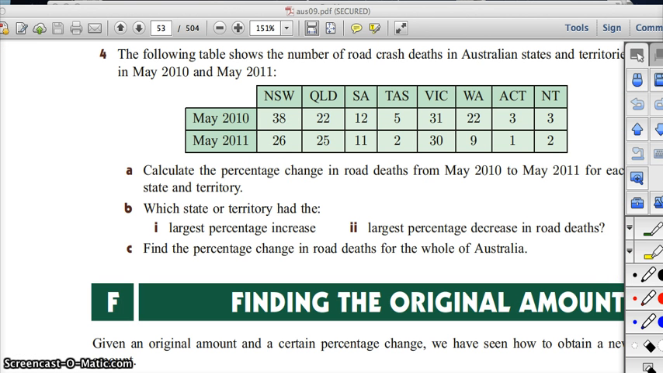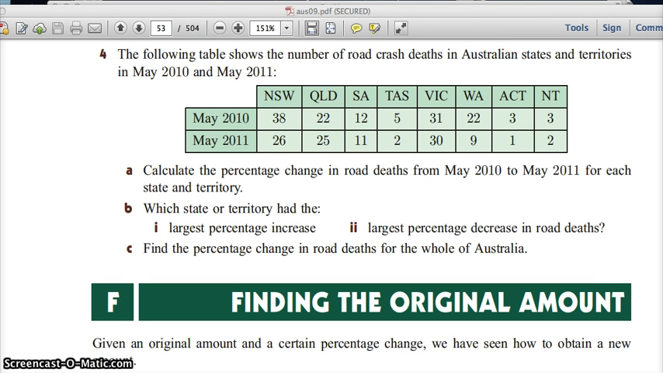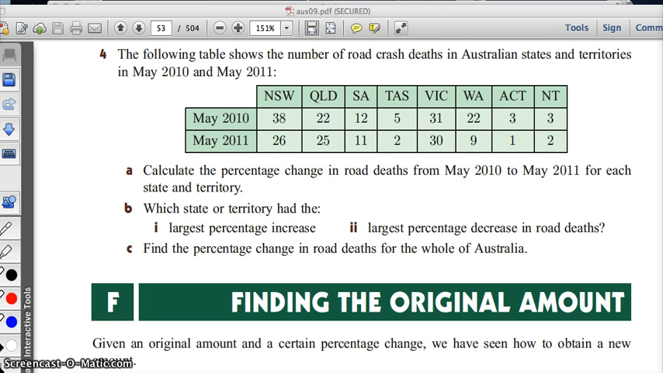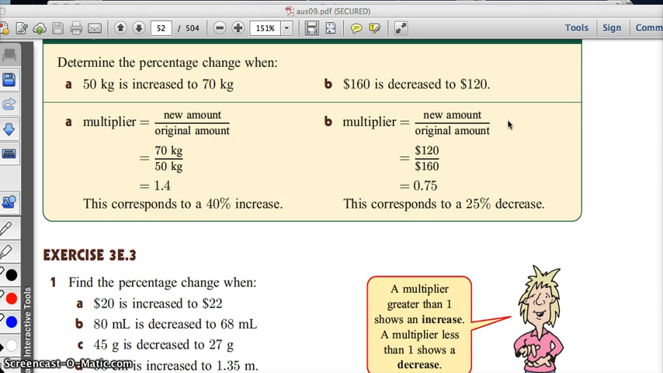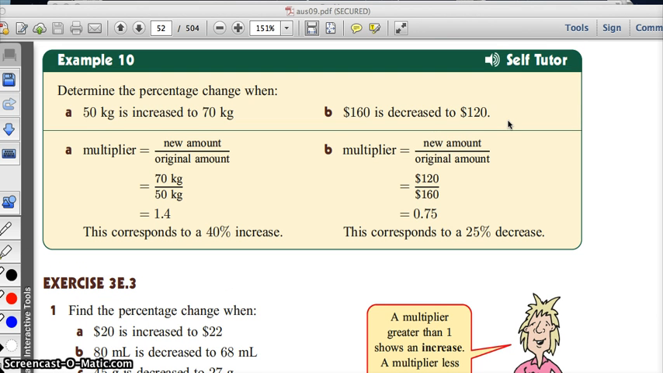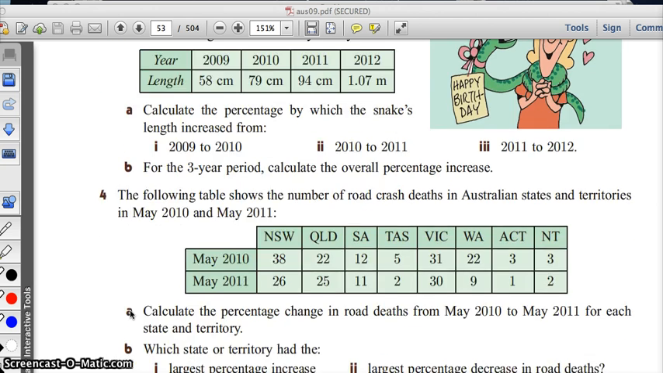Okay, the following shows road crash deaths in Australia, states and territories. The number in May 2010 compared to May 2011. Calculate the percentage change in road deaths from May for each state and territory. Okay, so if you scroll back to the top, it's talking about using this formula here, being the new amount divided by the original amount. So if we go back to that question,